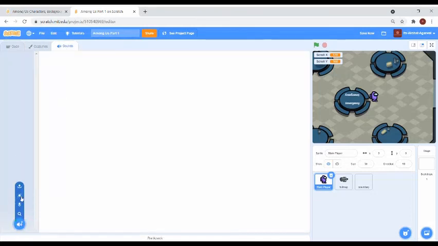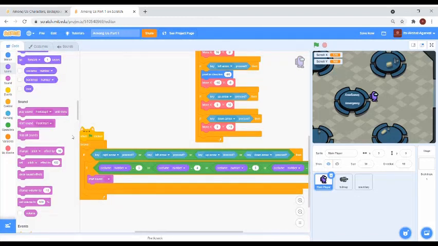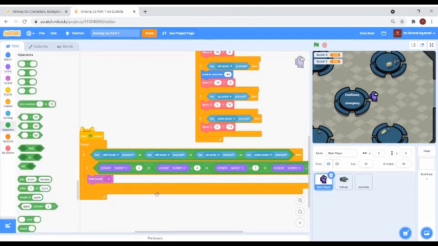Now we will upload both of the footstep sounds, and you can decide which one you like. If you're confused, you now have options for which to take.